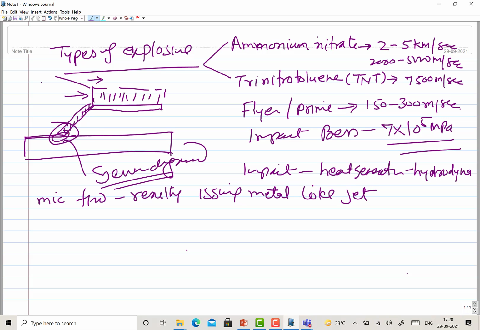So here the metal moves like this. If this is the interface, the metal will come out like a jet at the interface, or you can say a spray of the metal,